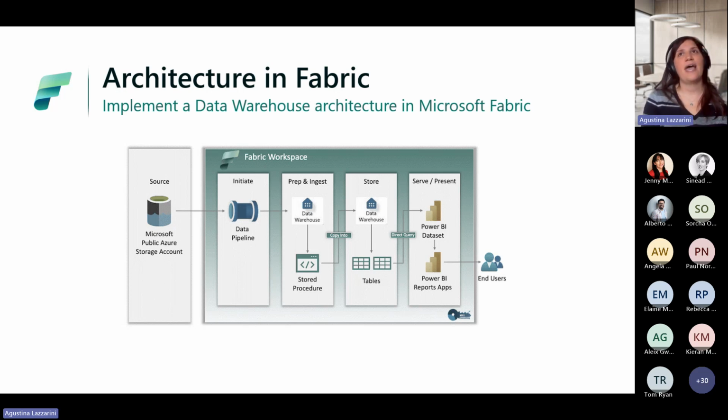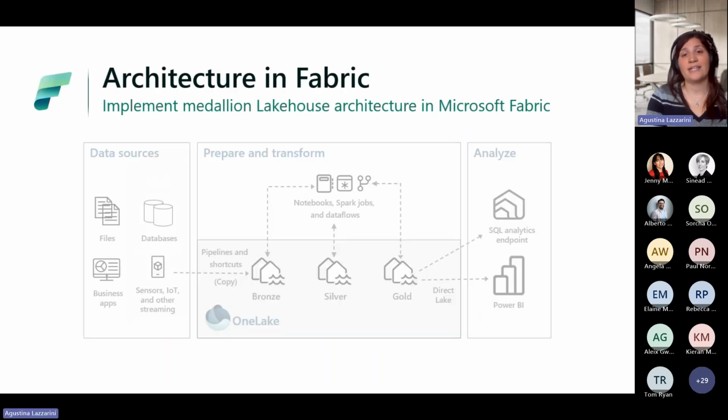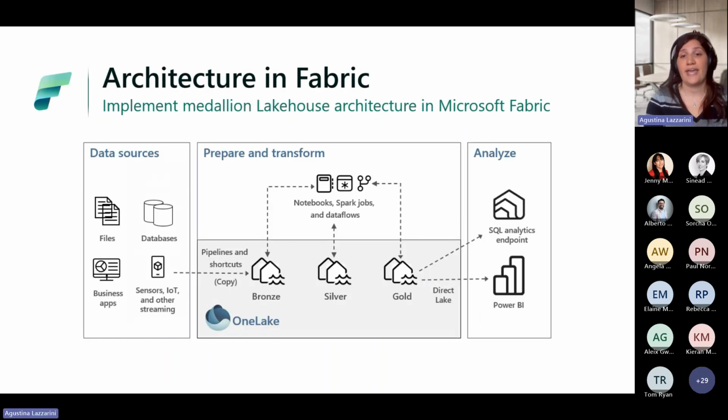So this might be a bit less flexible compared to the previous one, but it gets you exactly what your end users need. Or we can also go with a hybrid option, as it is the lakehouse architecture, which combines the best of both worlds. This approach organizes data into layers to make it easier to manage and use it. And you can think of the medallion architecture like